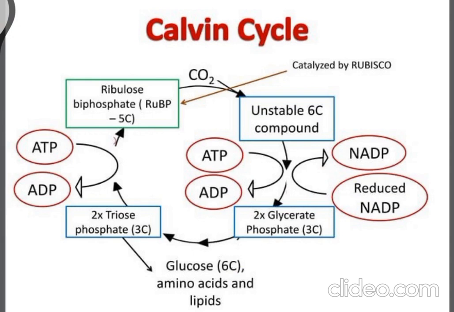In this, ribulose bisphosphate, RuBP, a 5C compound, with ATP and ADP, and CO2 form an unstable 6C compound. In this ATP, ADP, NADP and reduced NADP are used, and it splits into 2 glycerate phosphate, 3C, and then